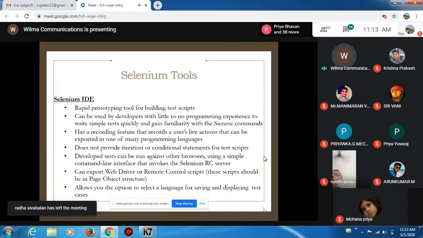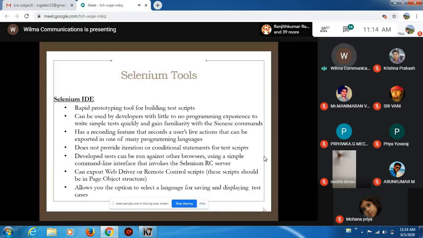Nowadays, if you ask out of 100%, I can say around 10 to 20% we are using Selenium IDE, but the rest of the 80% we are considering other Selenium components, not Selenium IDE.